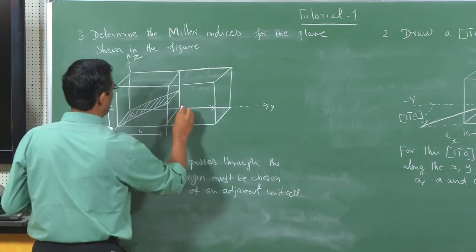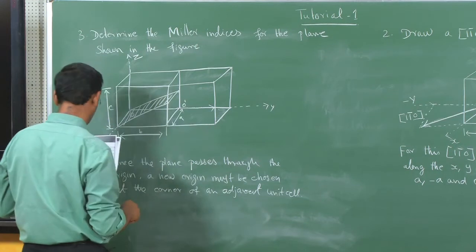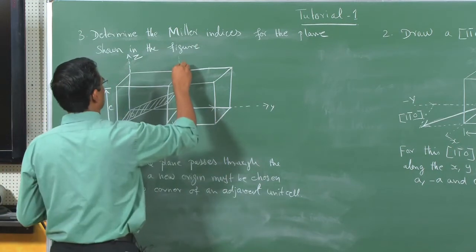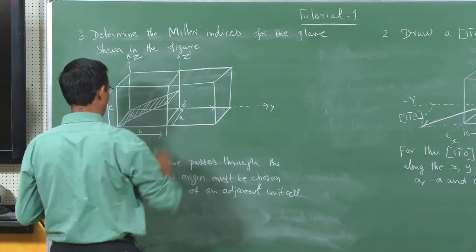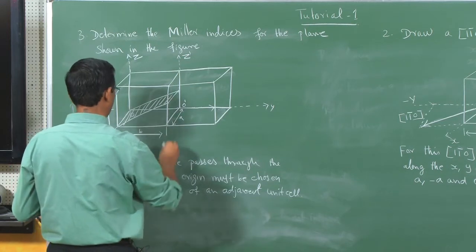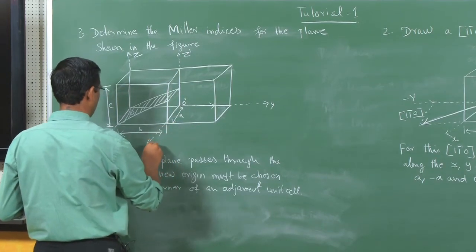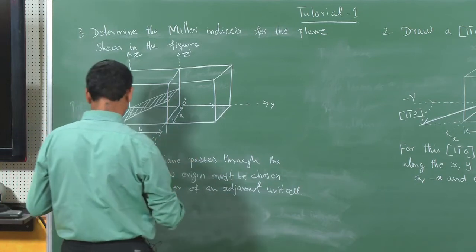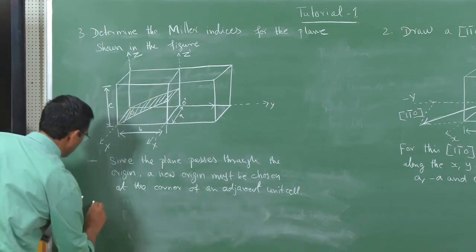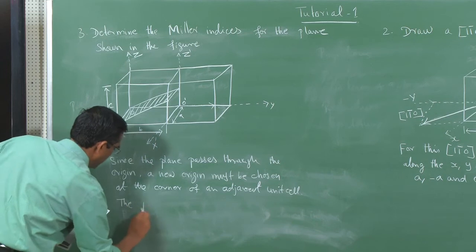Let this be a new origin O dash, and this is Z dash, X. So, the next point is the plane is parallel